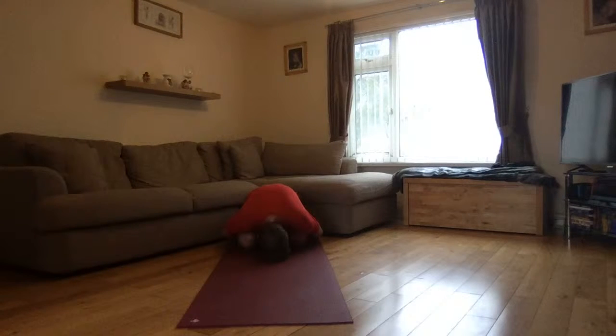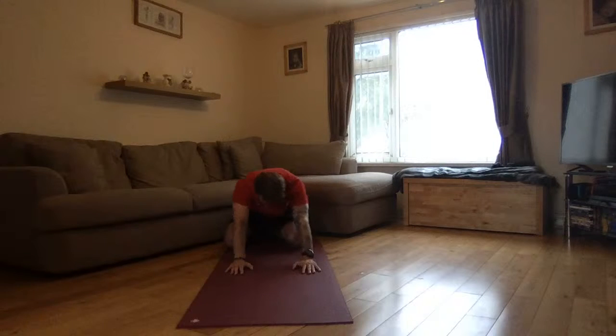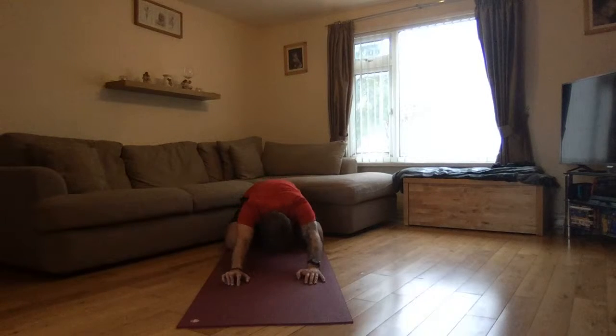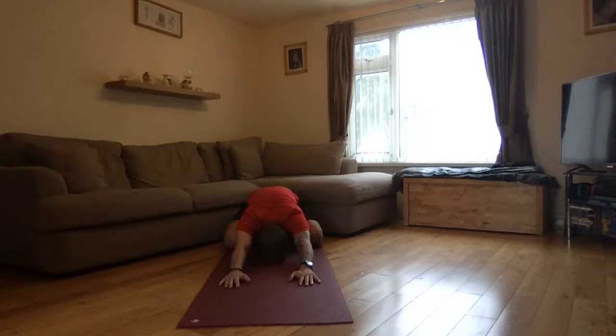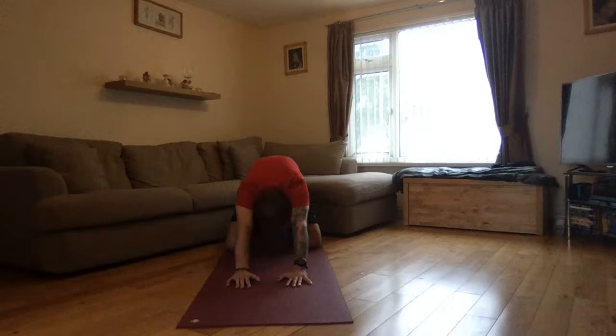Good. Gently slide the hands up. Reaching forward, taking your legs a little further wider. And stretching out those arms, trying to keep them in line with the shoulders. Good. From there, coming all the way up, curving around,